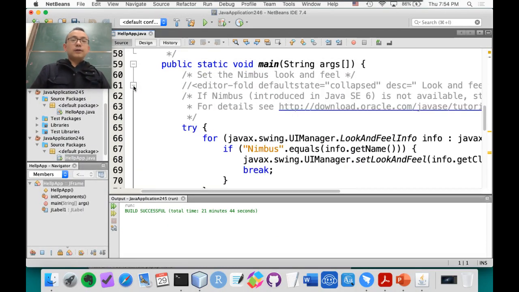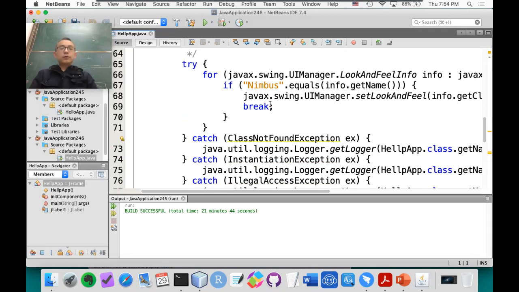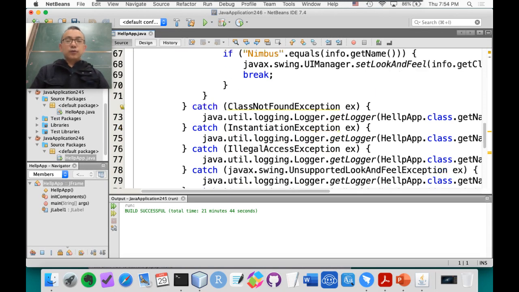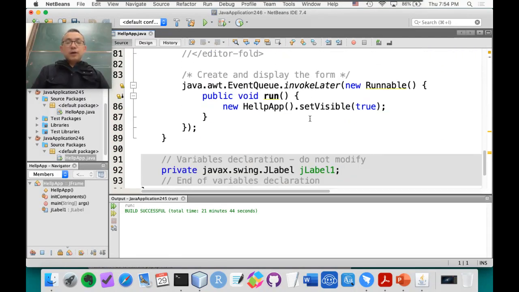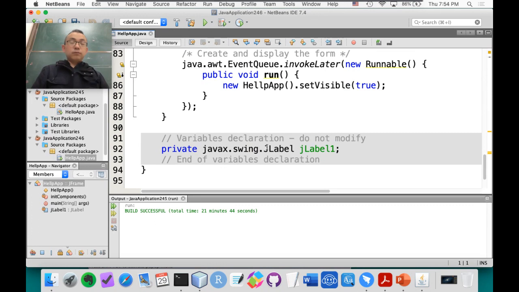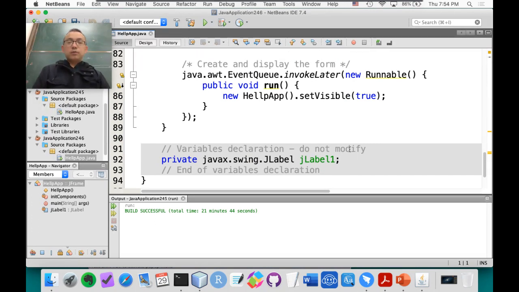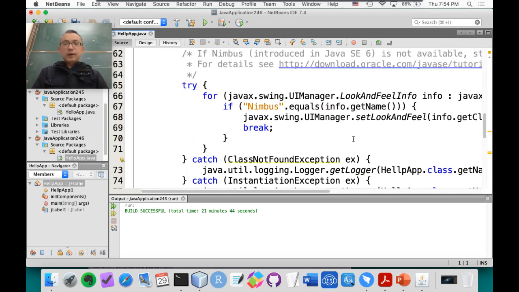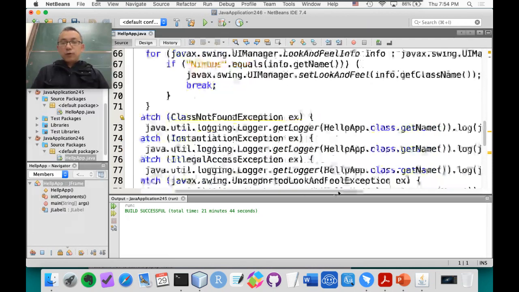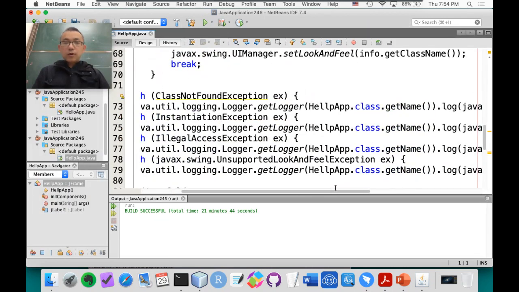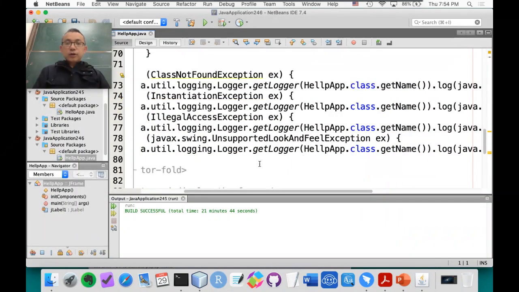You click the plus sign, and all this code is generated by the design tool. You will notice that it has made a JLabel variable for the component, and if you look into this code in detail, you will notice that it uses